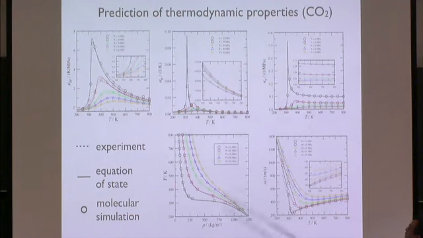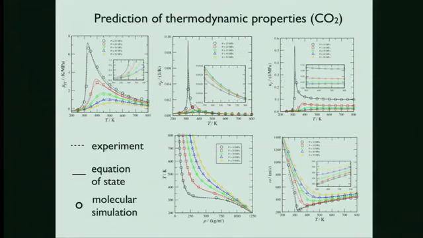Now, all of these graphs are extrapolations. They're predictions, and they're predictions of different types of thermodynamic properties, high pressure isotherms. We have Joule-Thomson coefficients, speed of sound, and the different types of compressibilities. So the model is basically